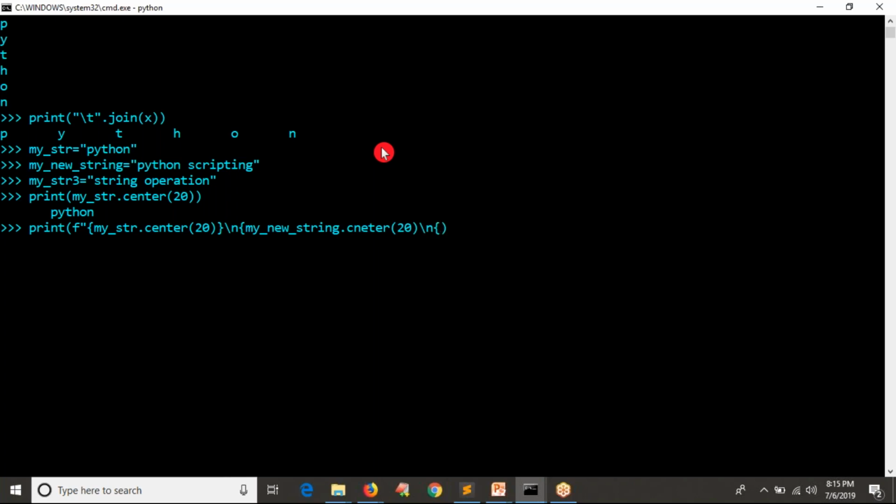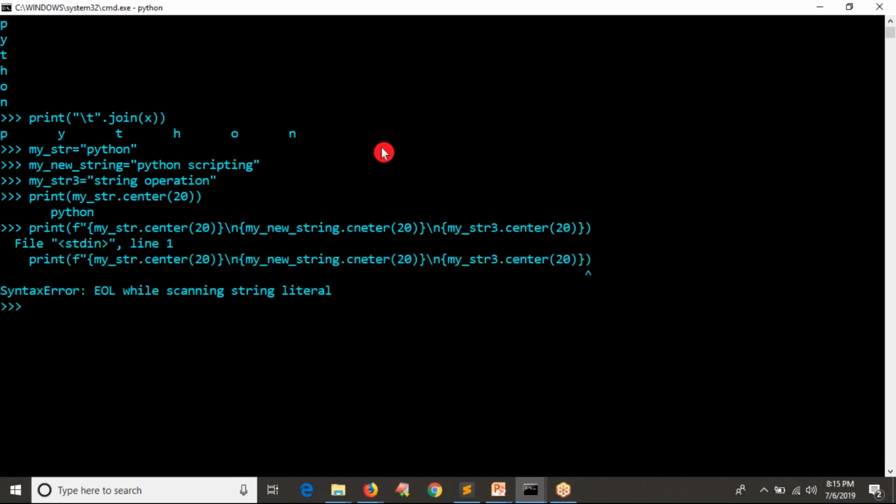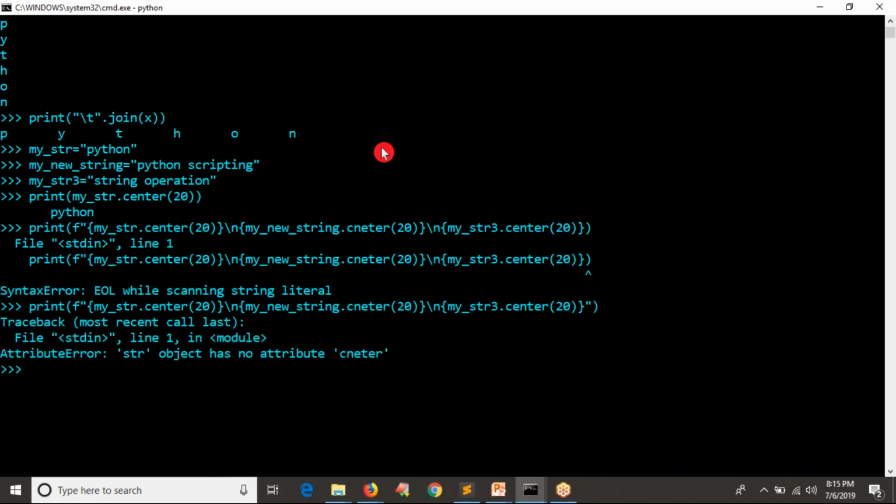Then I want to print the next variable called my string 3 dot center 20 and see the output. Something missing, let me see that. Yeah, quotations is missing, right? See the output. Oh man, C and T, somewhere a spelling mistake.